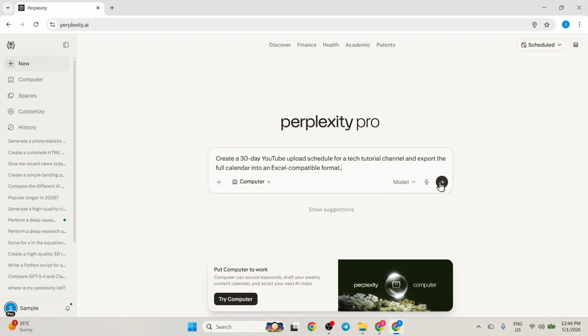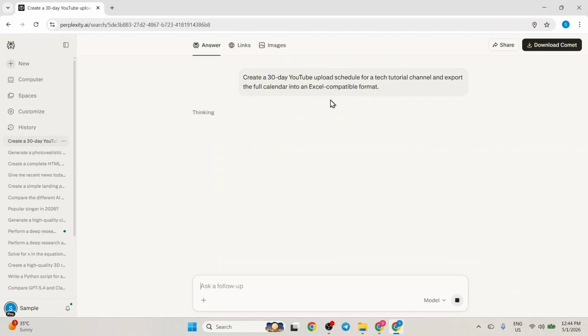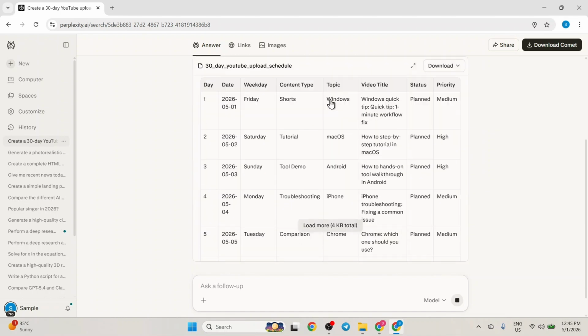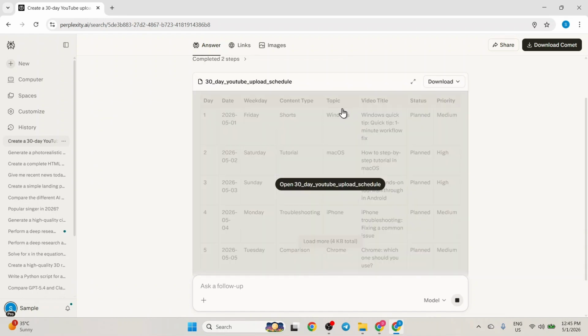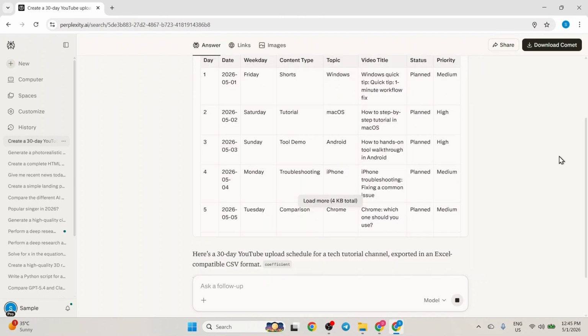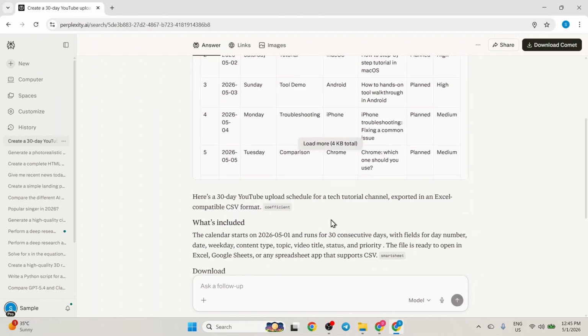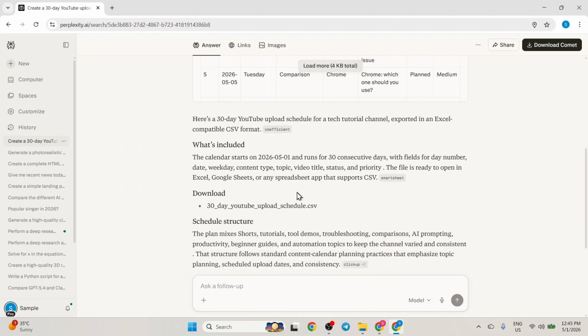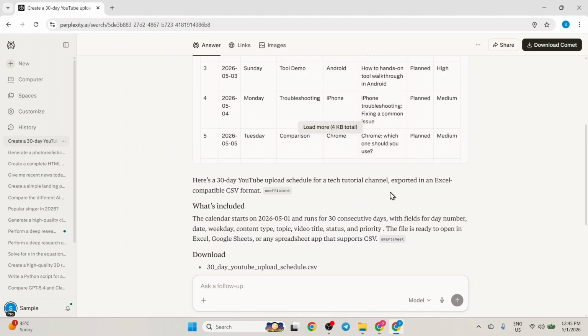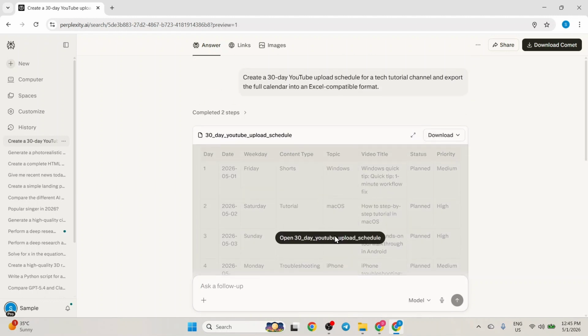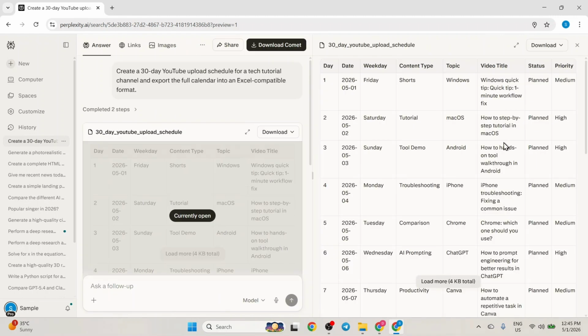Once I hit the Submit button, the AI begins researching best practices for YouTube scheduling and proper data formatting. In just a few moments, the results appear in a clear, organized table directly on the screen. This schedule provides a comprehensive mix of content, including quick Windows tips, macOS tutorials, and specific troubleshooting guides for iPhone and Chrome. The AI has thoughtfully categorized each entry by date, content type, and priority level to ensure a consistent